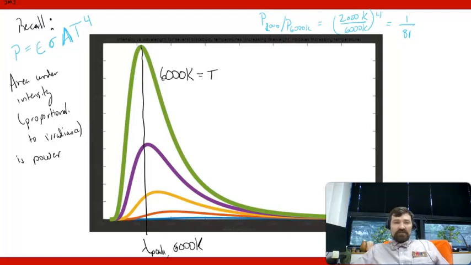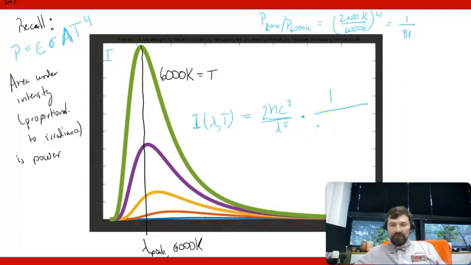You will recall that these irradiances, so if this is your irradiance axis, along with the x-axis being your wavelength axis, that your irradiance is given from Planck's law by 2 times hc squared over lambda to the fifth times 1 over e to the hc over lambda times k sub b t, all minus 1, where e to the hc over lambda is equal to e raised to the power of the energy of your quanta, which in the context of Planck's law would actually be a photon energy,